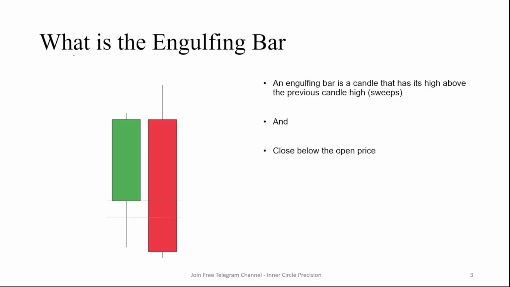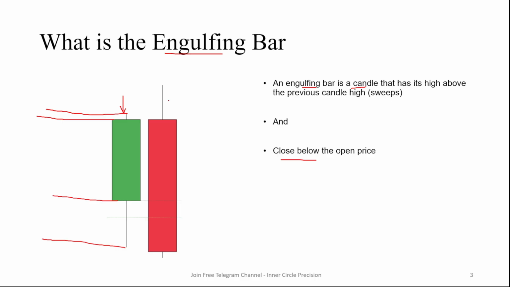Alright, so firstly, we need to define what an engulfing bar is. Basically, an engulfing bar is a common candlestick reversal pattern within the traditional context of trading. In this particular instance, we are defining an engulfing bar as a candle whose high is above the previous candle's high, or basically that sweeps the prior candlestick's high and then closes below the opening price, right? So in this particular case, this is the candle's high, this is the candle's low, this is the candle's closing price, and this is the candle's